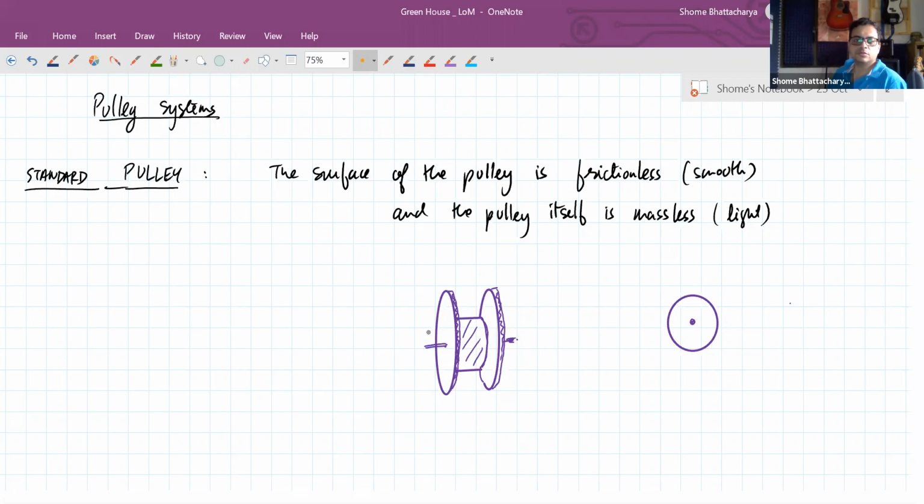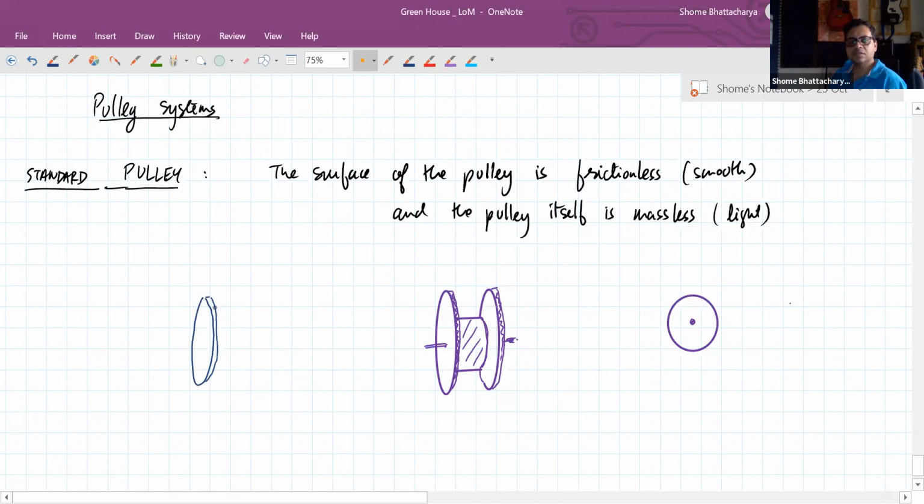It need not be so different, also the radii can be nearly the same, the cylinder and the two discs on the side. It can be like this also, with this kind of shape. But the important thing is that when we have a thread going around it, it goes on this surface. So this is what we mean by the surface of the pulley. This is the smooth surface of the pulley, so any thread that is around it can slip freely without friction.